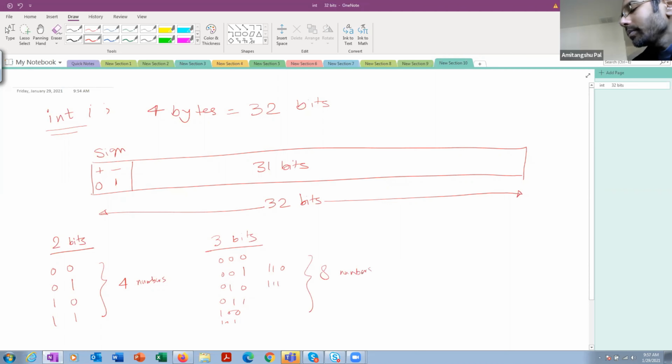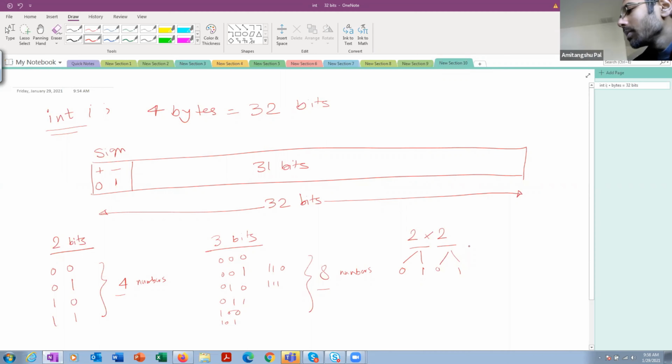So how are these 4 and 8 coming? If I give you 2 bit positions, each of these positions you can fill with either 0 or 1. So the first place you can fill in 2 different ways, the second place also in 2 different ways. So total 2 into 2, which is 4.